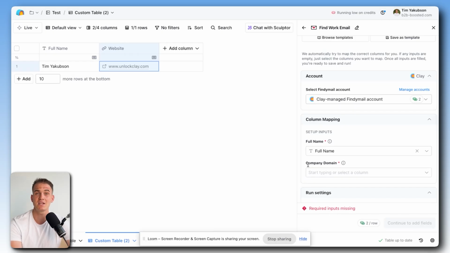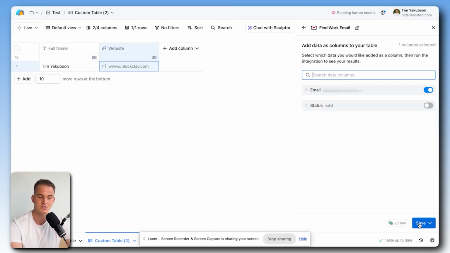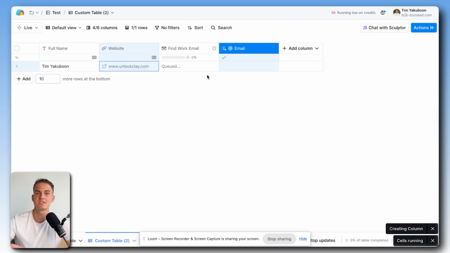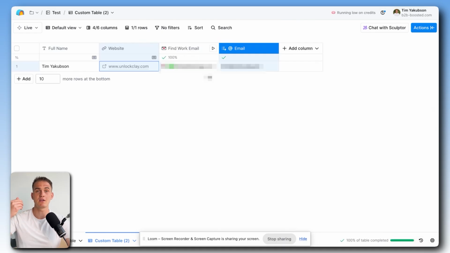Secondly, it asks for the company domain. So in this case, guess what? We're going to click on website and add the company domain, which is the website. After that, we can click on continue to add fields, save and run one row. And straight away, it will basically run this enrichment for us so that we can find the email of this